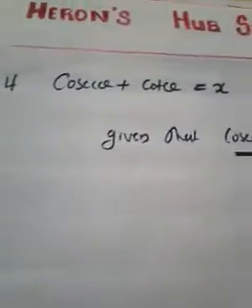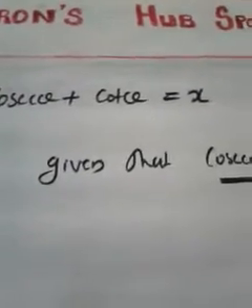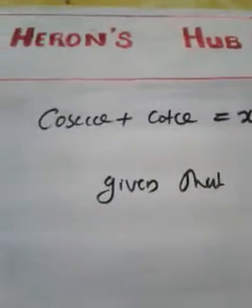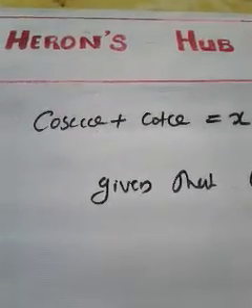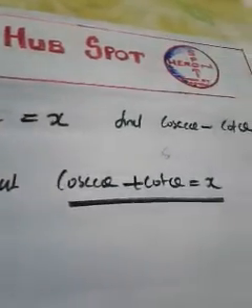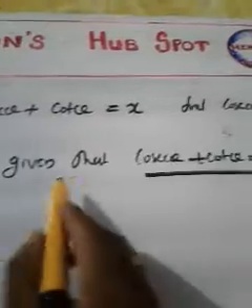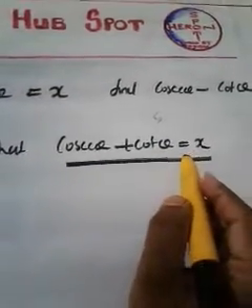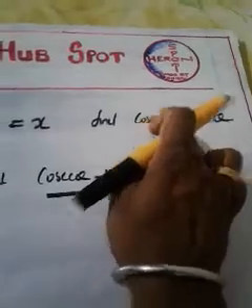You can consider this question as a special case because it is very important and very interesting to solve. This question will come under Section B only, a 2 mark question. Okay, listen. Let me start from the given thing: cosec theta plus cot theta is equal to x. We have to make some arrangement here and reach cosec theta minus cot theta.